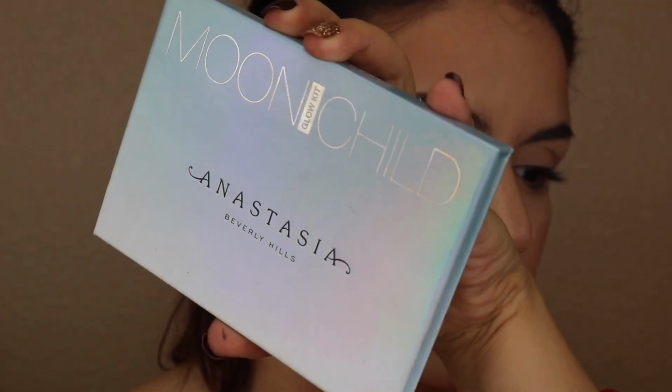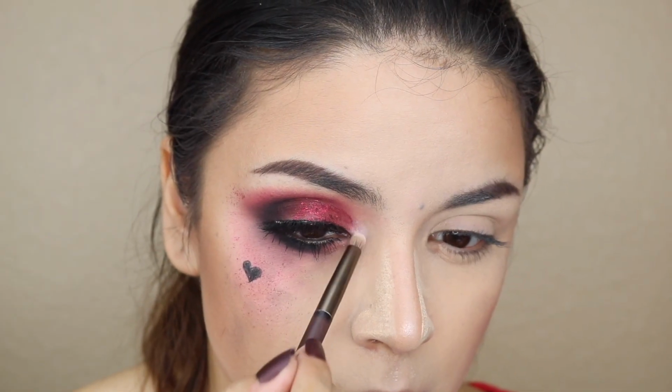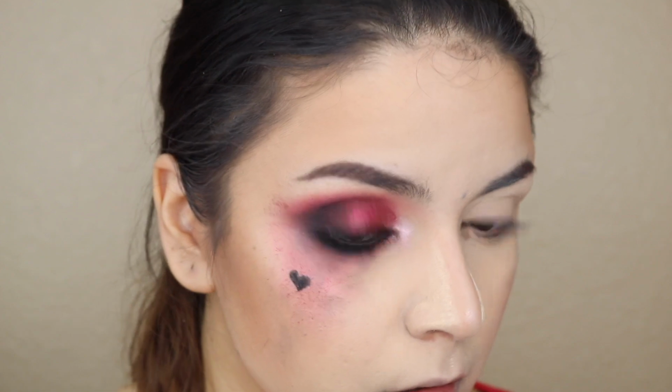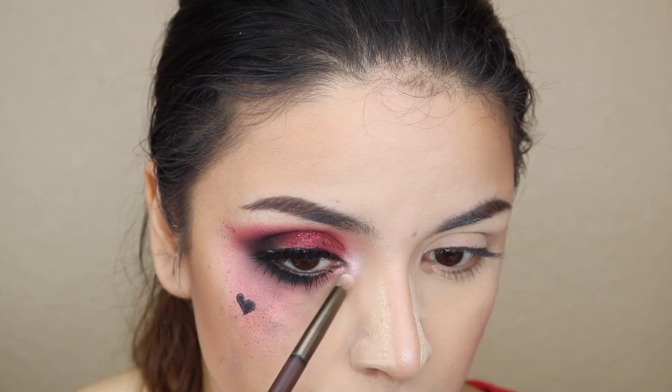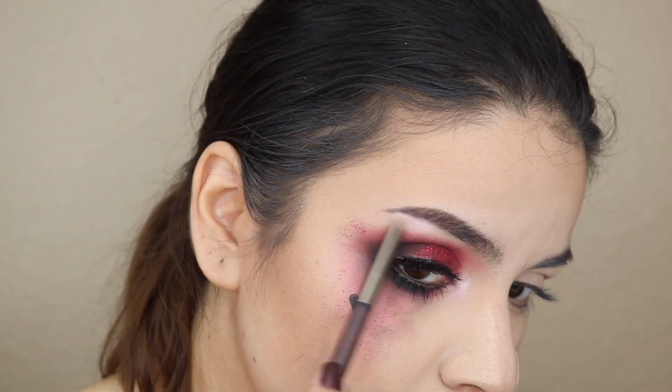Then we're going to add some lashes. I'm using my Kiss lashes in the shade Sultry. Then for an extra special touch, I took my ABH Moonchild Palette, went in with the shade Pink Heart, and added that to my inner corner, my brow bone,